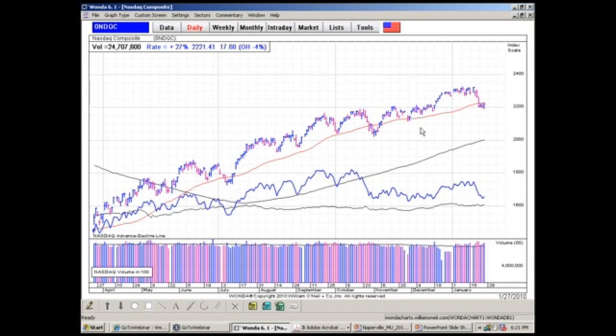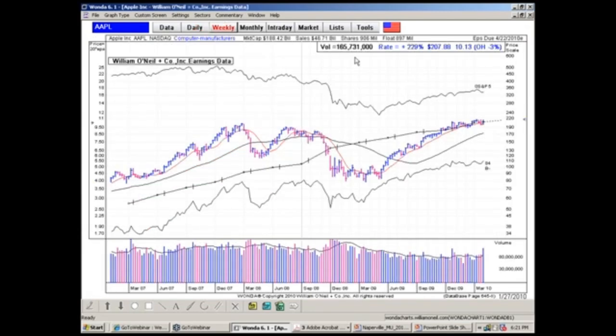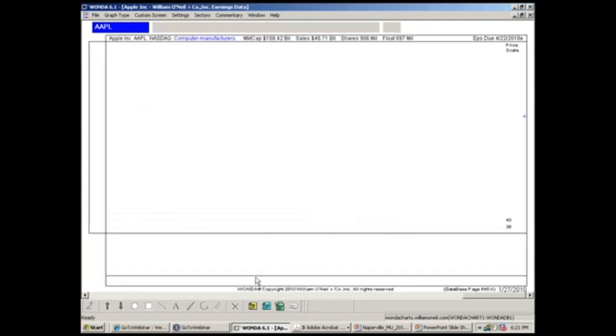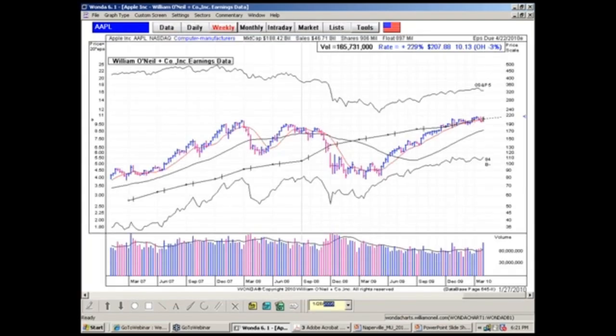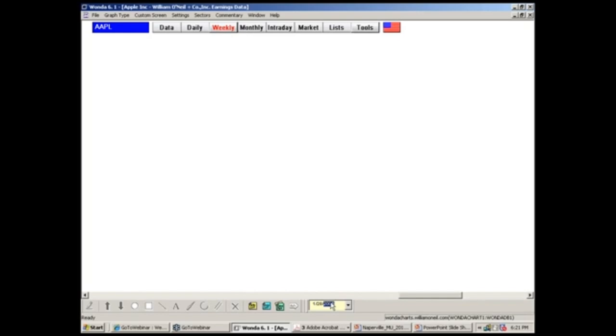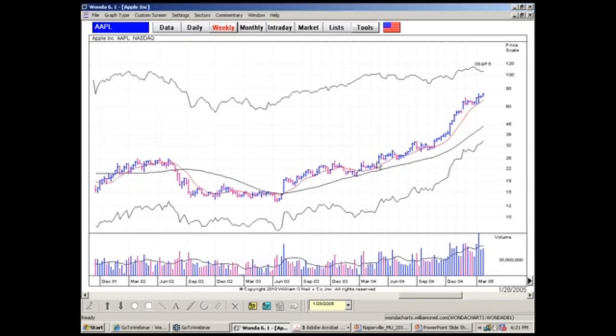We picked up Apple way back, I don't know, what year was it? It's 2004. 2004, and we picked it up right straight off the chart. He'll see if he can go back and find that chart. And it was a perfect cup with a handle. And there you look at it right there. And we've got patterns that were exactly like that from several years before. So here in the December '03 quarter, it's going down, rounding out along the bottom, moves up, drifts down, perfect cup with a handle. We put it there right there.